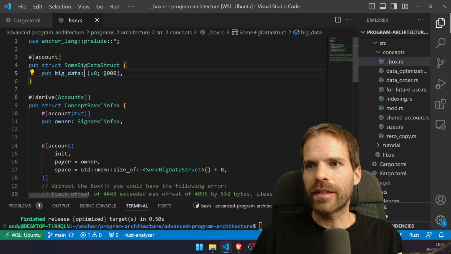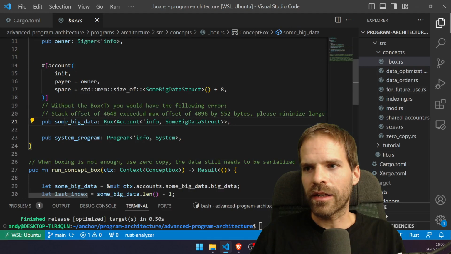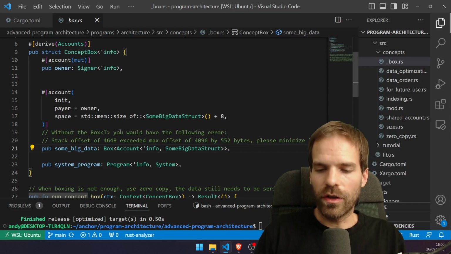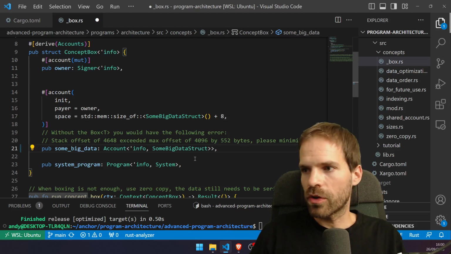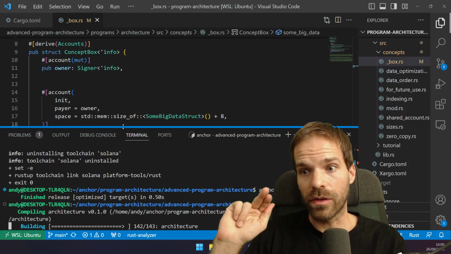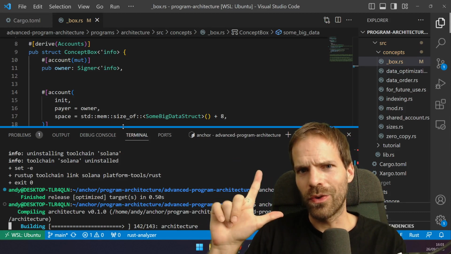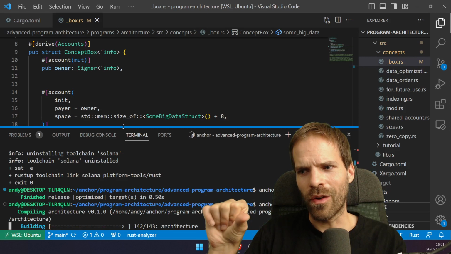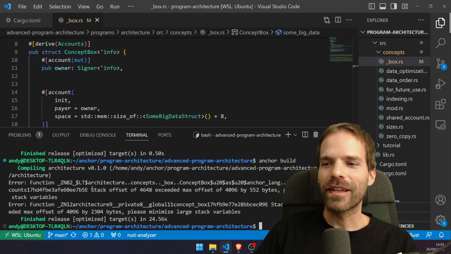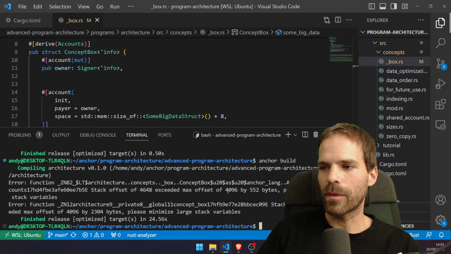So we have a big data account. This big data account we put in a box. So if we were not using this box, let's remove that. We should already at compile time get an error here. In 3, 2, 1, error. Yeah. See, stack offset exceeds maximum offset of